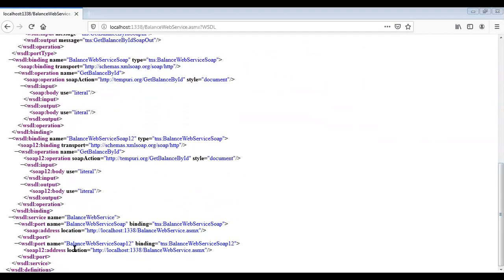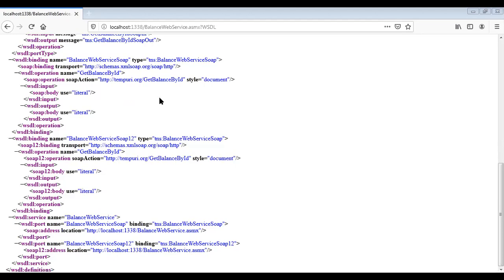The location where this particular web service is now running: localhost 1338 BalanceWebService.asmx. So on localhost, the WSDL port and SOAP URL show the location where this service is located. On localhost, this service is executed. And what are the actions?